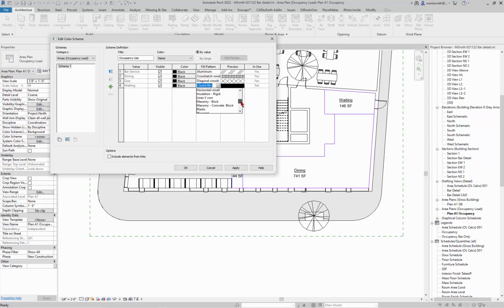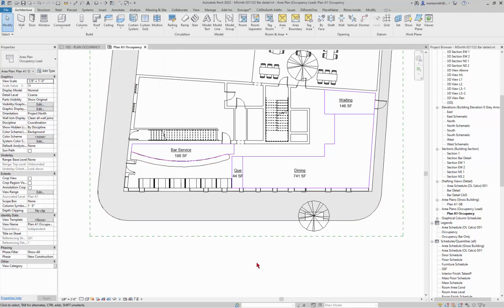how about, let's do steel. Okay, and if I click OK, or actually this is diagonal crosshatch medium. Let's go ahead and make this diagonal crosshatch small, right? Actually, that's diagonal down small, crosshatch small. There we go, one up. And so they'll be similar but different. And then I'll click OK, and it creates that color scheme,